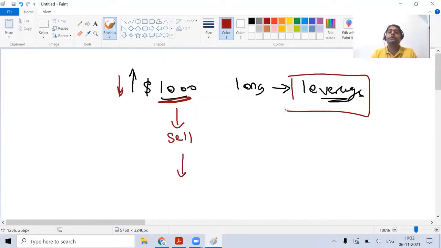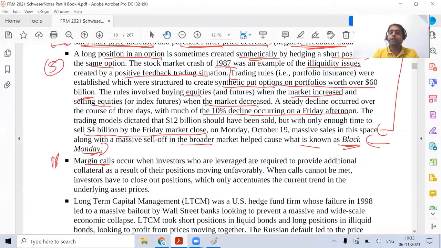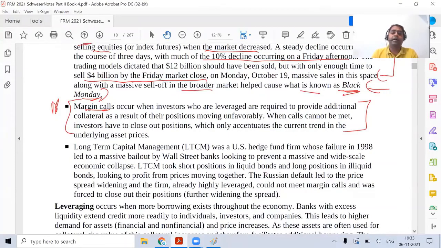So hence it will trigger a scenario where more selling happens, because you are exiting the market to reduce your leverage, to reduce your margin call. You're selling, and it leads to more price drop, and more margin calls are coming. It becomes a loop. That has been explained over here. Mark this as star, the entire paragraph. Kindly read that entire paragraph.